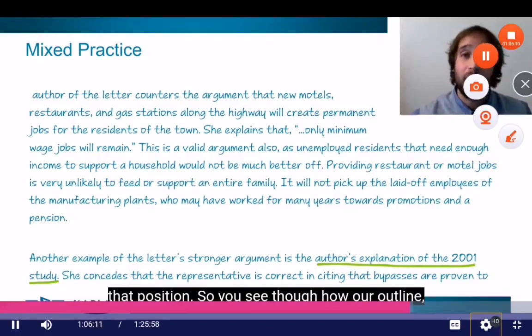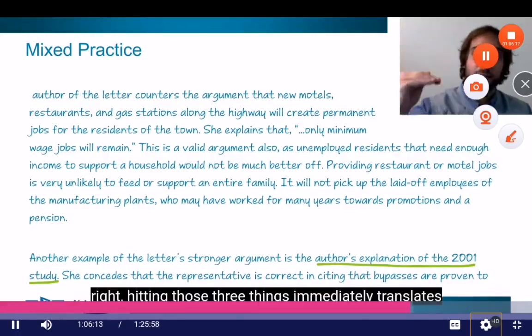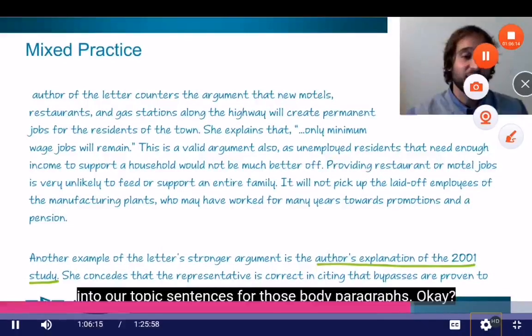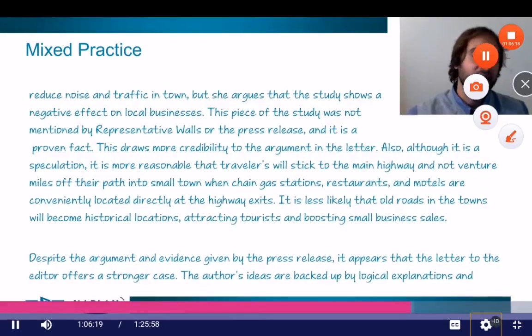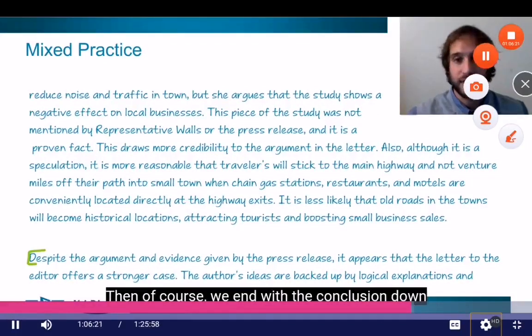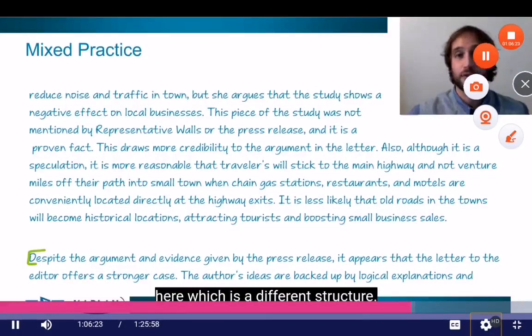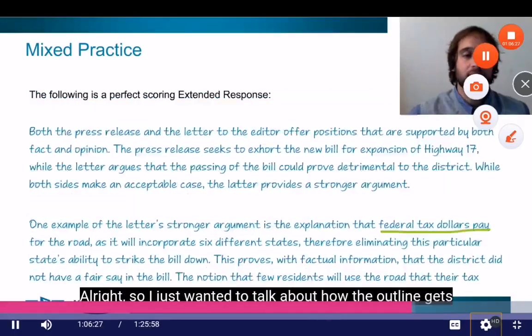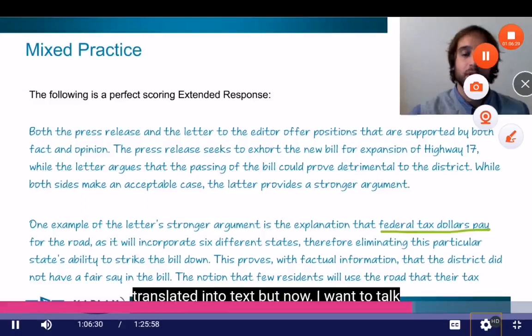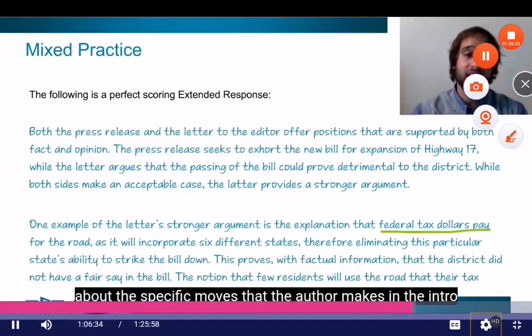So you see, though, how our outline, hitting those 3 things, immediately translates into our topic sentences for those body paragraphs. Then, of course, we end with the conclusion down here, which is a different structure. So I just wanted to talk to you about how the outline gets translated into text. But now I want to talk about the specific moves that the author makes in the intro and body paragraphs